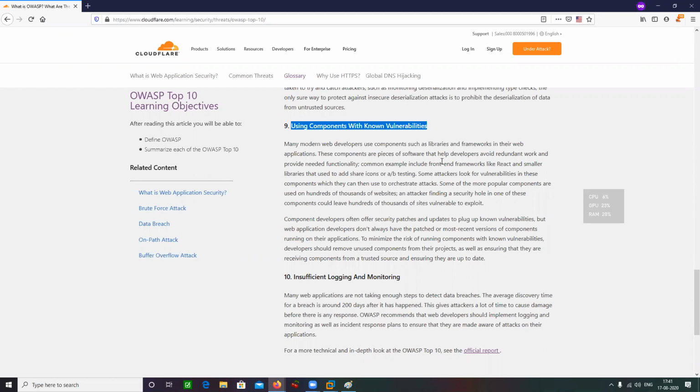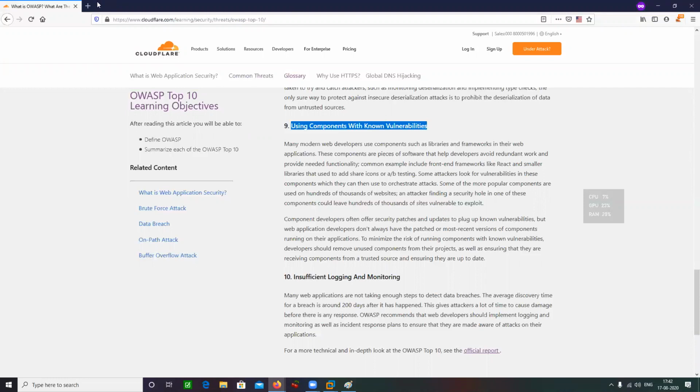You are using a weak component to build your application, like a weak material while building a building. An attacker can very easily exploit that WordPress 5 because it already has vulnerabilities that are widely known by everyone.